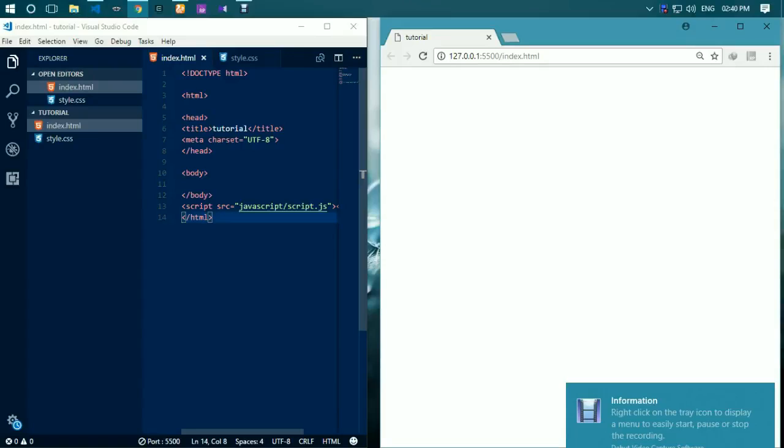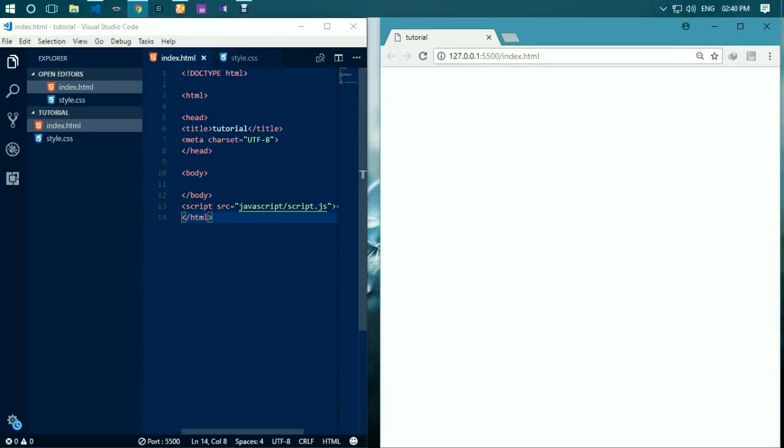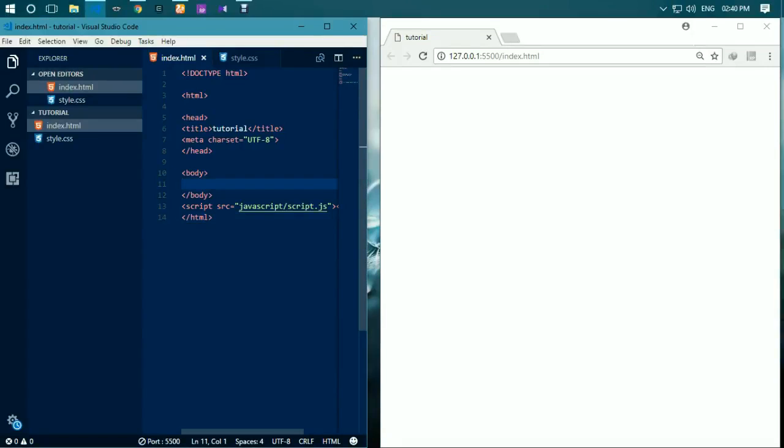Hello friends, today I am going to show you the difference between linking your CSS style sheet. There are two methods of using styles in HTML. One is inline. Actually, there are three. One is that we can put it in the head section like this,